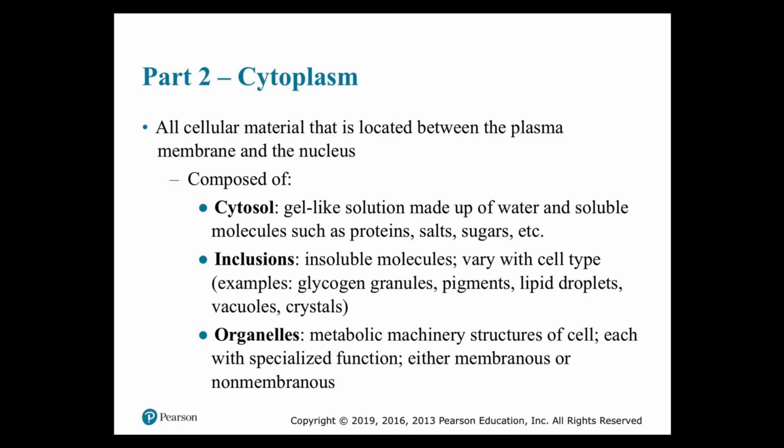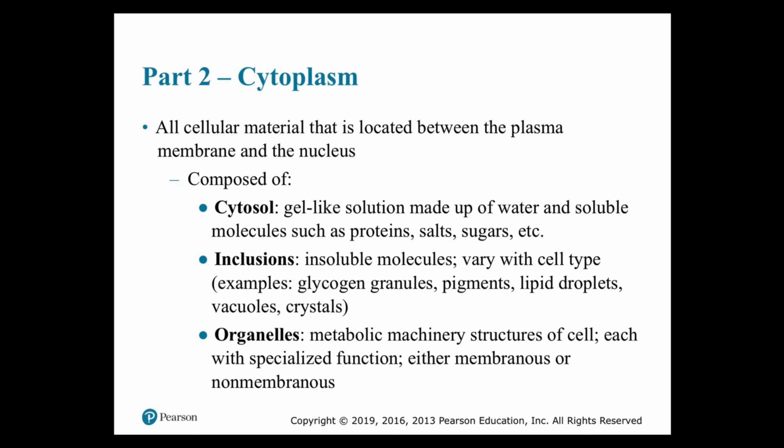Part 2, the cytoplasm. All cellular material that is located between the plasma membrane and the nucleus is the cytoplasm. So what's inside the cytoplasm? There's the cytosol, which is the gel-like solution, which is aqueous and has soluble molecules such as proteins, salts, sugars. There are inclusions. These are insoluble molecules, and they vary with cell type. For example, some cell types would have glycogen granules, some would have pigments or lipid droplets or vacuoles or crystals,